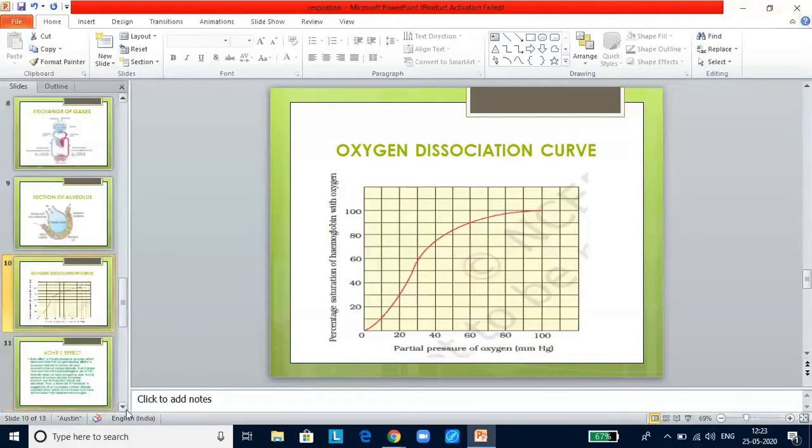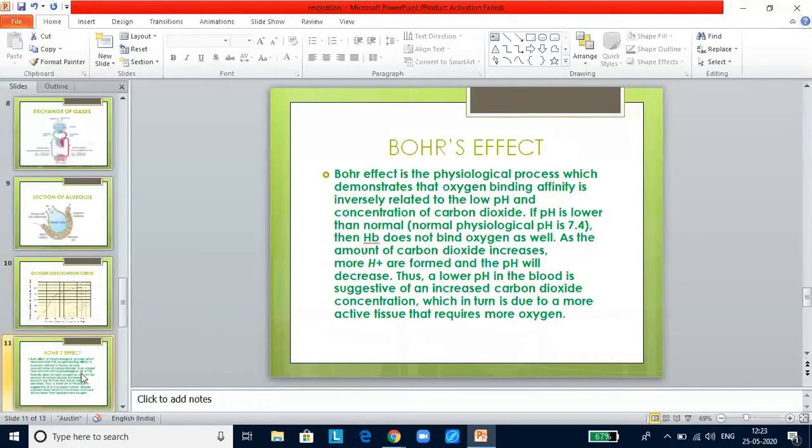Now, with this, you will also have to learn something more that is beyond your text. There are 3 effects. One is the Bohr effect. The hemoglobin oxygen dissociation curve shifts to the right when carbon dioxide tension in the blood is high. Bohr's effect was discovered by Bohr in 1904. Deoxygenation of oxyhemoglobin is directly proportional to the partial pressure of carbon dioxide of the tissue fluid, and the alveoli do not exert Bohr's effect.